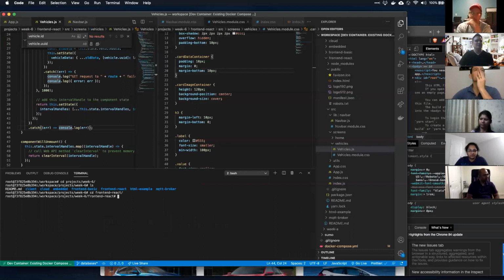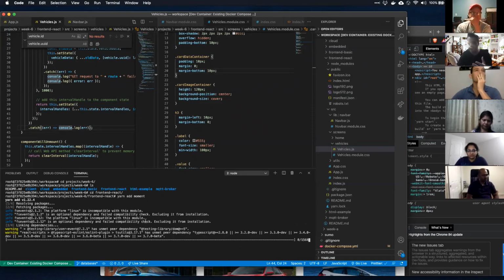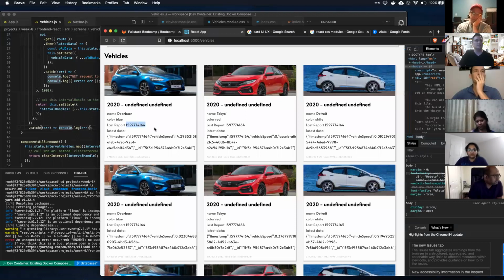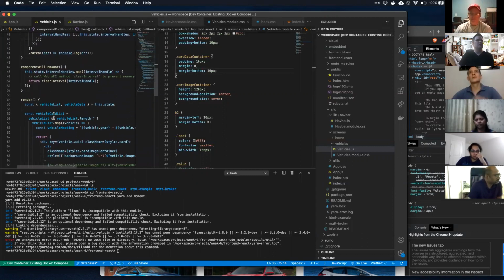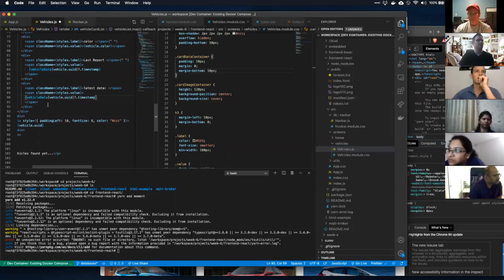So I am going to install, yarn add, a library called Moment, and Moment gives us a lot of cool date libraries and stuff. So it's just another library that we'll add that's going to give us some nice functionality, and we can format this date. And then instead of just doing that massive JSON string, which means nothing to anybody really, let's just get the thing that really matters, like the speed, and just do that. So instead of there being vehicle data and this big old thing, let's just do vehicle data dot vehicle speed,